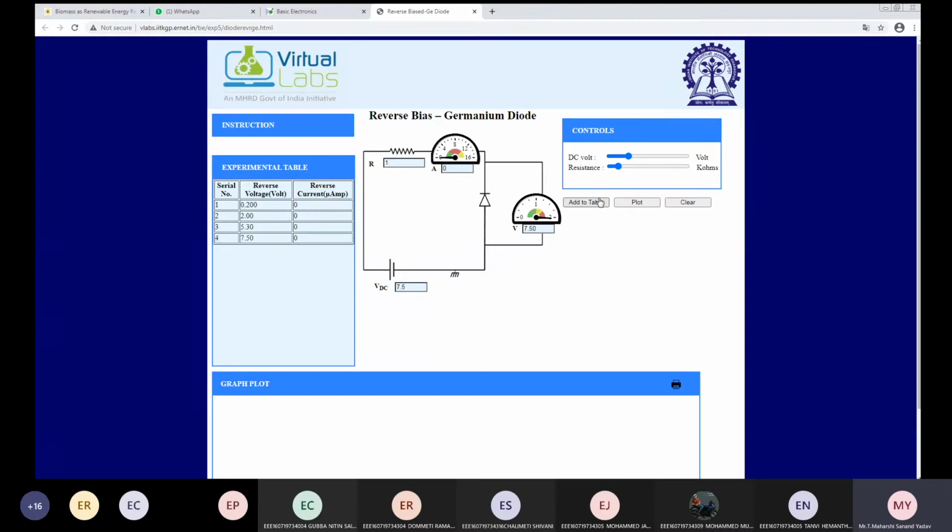So this is all about the working of silicon and germanium under both forward bias as well as reverse bias characteristics. So take randomly some 10 values and try to plot that graph. In your lab, you need to plot all these values on a graph paper. So you need to maintain both observation as well as record. Marks will be given for your observation as well as record also.